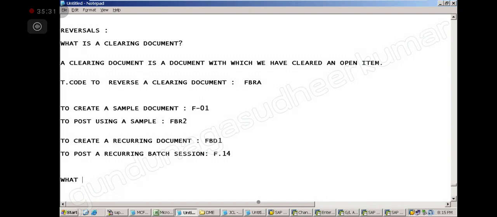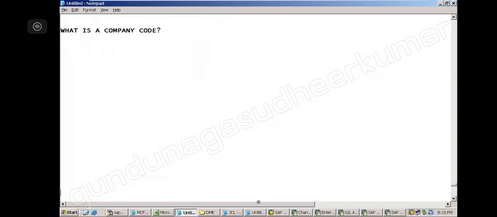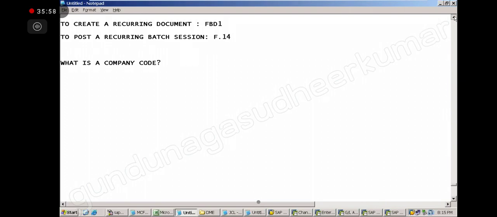General questions. What is a company code? We have discussed it so many times, we have created one also and we are using it.